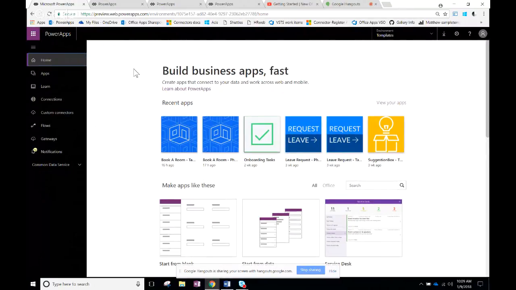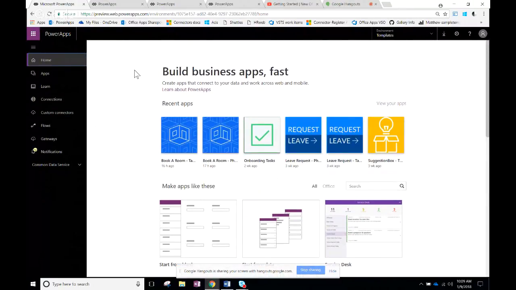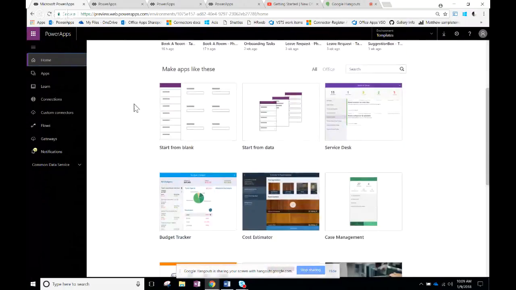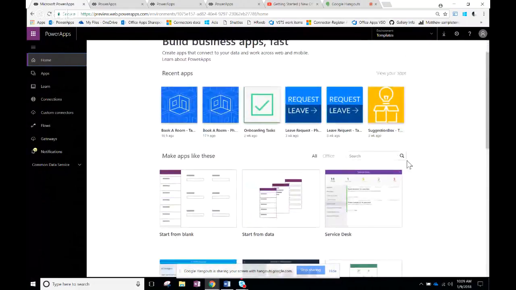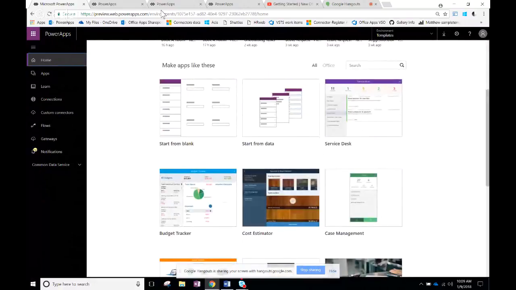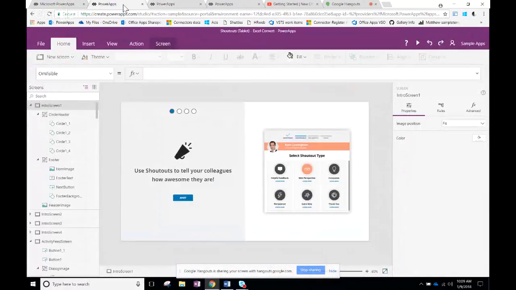Yeah. So wait, first of all, can you guys see my screen? Yes, we're good. Okay. Just want to make sure. So I opened these guys from the PowerApps web portal. I opened them up just to save some time, so we can jump right in. So this app here is called Shoutouts, and if we play it,